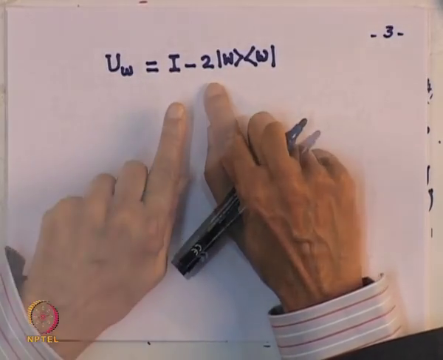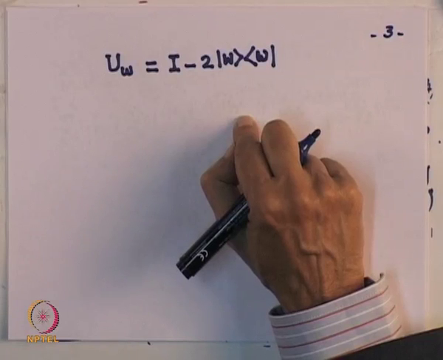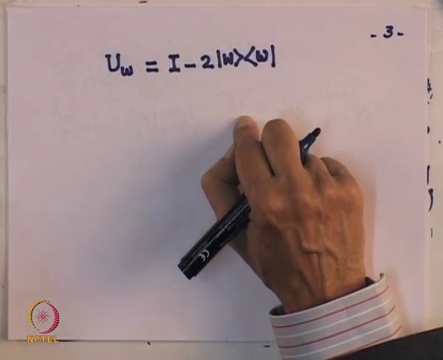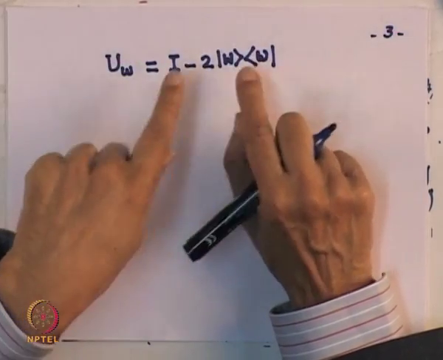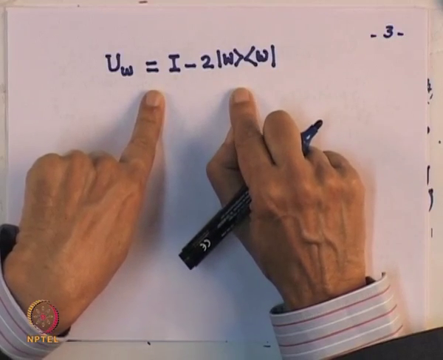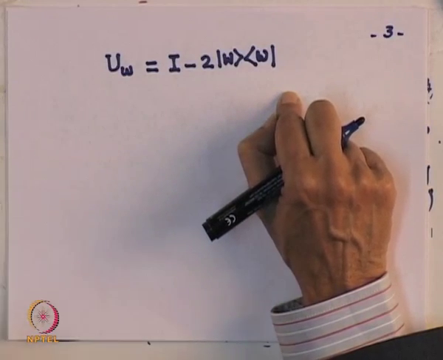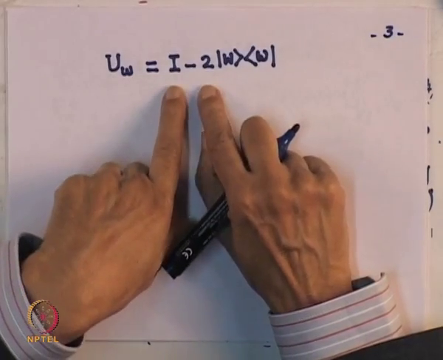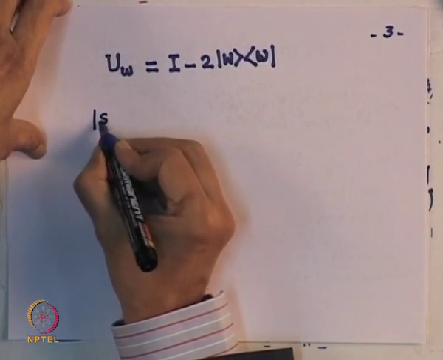So if we take a linear combination of the computational basis as all our inputs, and there are capital N of them, out of that there is a specific w, and all these basis states are orthogonal to each other. So if this U_w is acting on a state w, which by definition is orthogonal to all other members of the states there, then I get minus w. So this uniform linear combination,